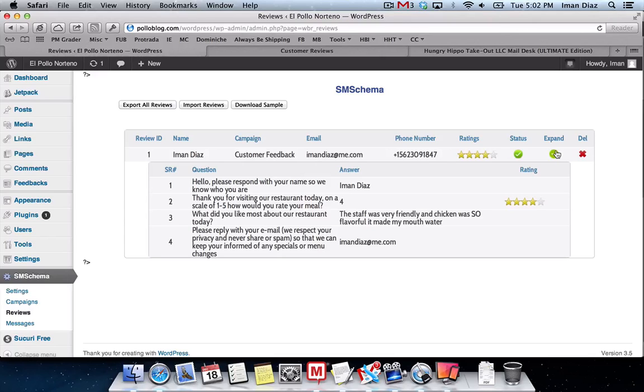But it's important that if anyone should ever leave a bad review or a negative review, rest assured it's not going to show up on the website. But you should log in here on a periodic basis, maybe once every other day, once a week, whichever you prefer, to monitor this and make sure that you're staying attentive to any customers who give any negative feedback. You have their email, you have their phone number, you can call them and make sure that